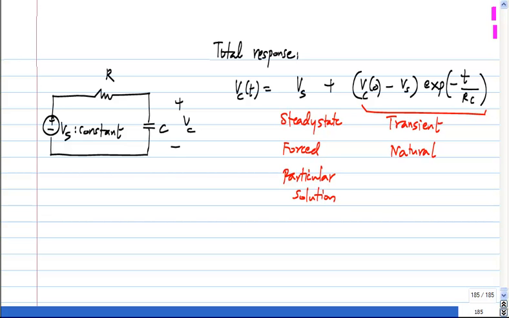Because you have a particular value of R and C, there is an exponential with a certain characteristic, with 1 over RC in the argument. That's what gives you the natural response, or you can also think of it as the solution to the homogeneous equation. And the other way of dividing it up is to group all the terms with Vs